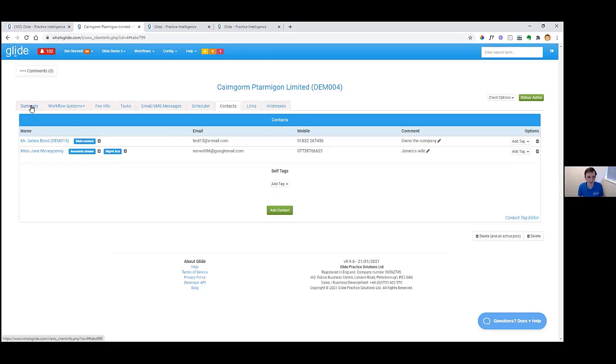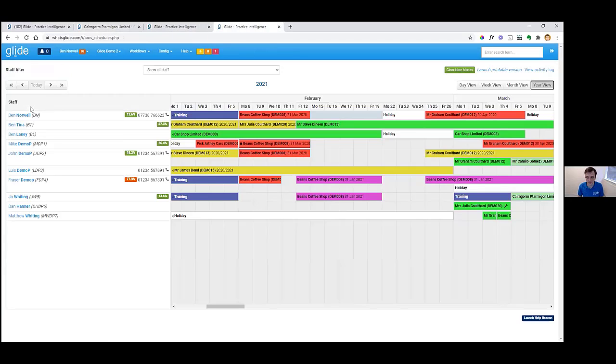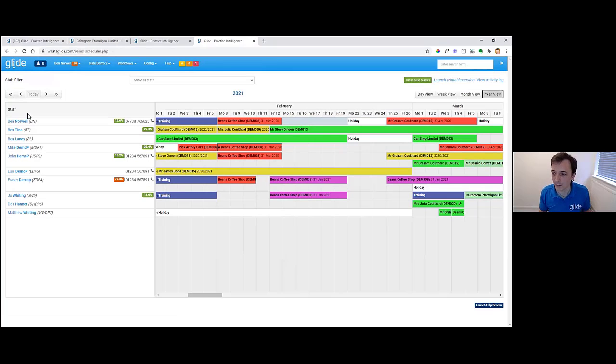So yeah, that's the very much whirlwind tour of the email and SMS system. I just want to now allude to a couple of other bits we do that I've decided not to focus on today, because I don't think they're totally relevant. We've got a scheduling tool. This tends to work well in the practices where their jobs are taking